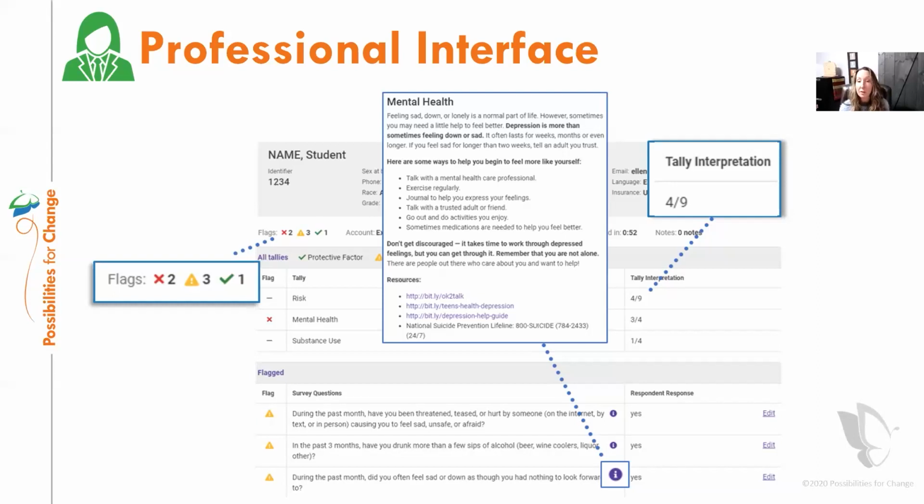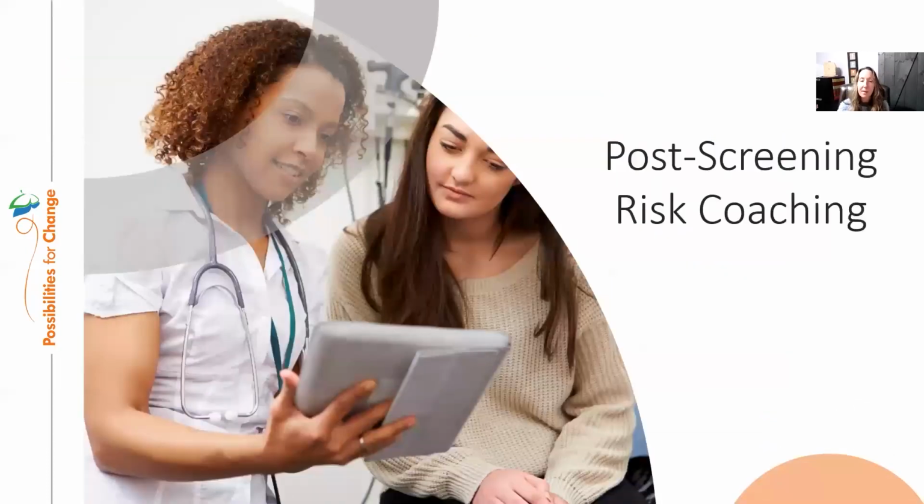So you can use it to review the information with youth, you know that they read through that, to continue the conversation, to help inform maybe where you want to take the conversation next, and to provide those resources, or maybe you have some additional resources within your own agency. And those can be clicked on as a pop-up when that information button is clicked. So in addition to the screening tool, we spent the first half of the webinar talking about that, an evidence-based approach to then discussing those risks that were identified can make a huge difference in feeling effective and in your actual effectiveness in guiding youth towards those positive changes.